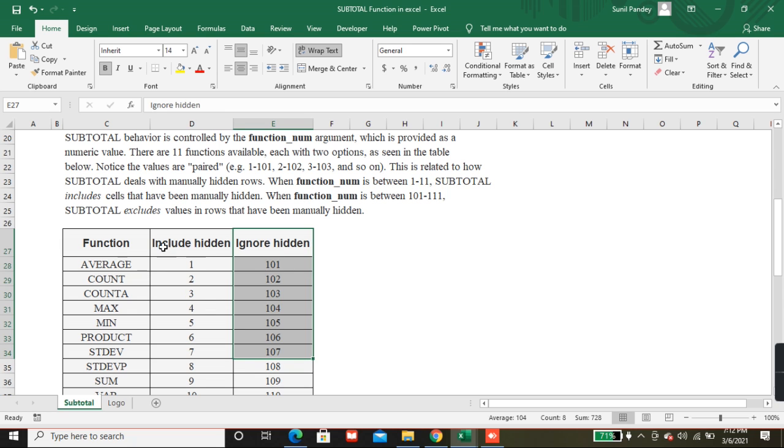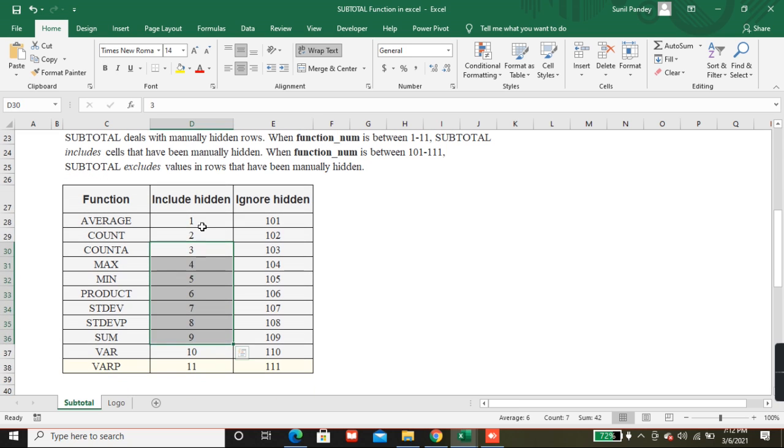I have written over here, if you want to include hidden rows you have to choose 1 to 11, and if you want to ignore hidden rows you have to choose 101 to 111. I will show you with an example so you can understand better.